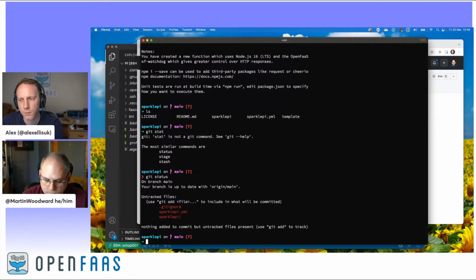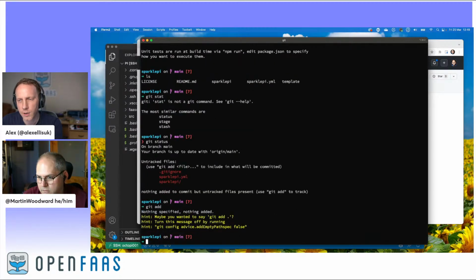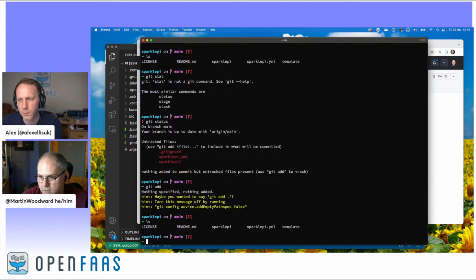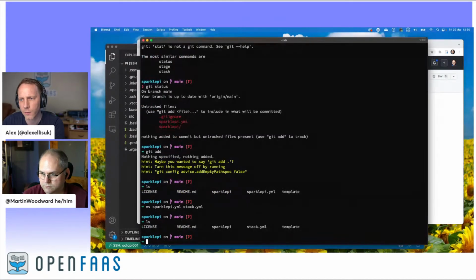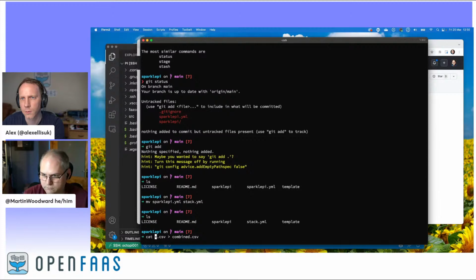So if I just do a git add on everything, let's rename the sparklepy.yaml to stack.yaml. The reason is it would just be less for us to change. It's a bit like how makefiles, if they have a non-default name, you've got to specify them, or Dockerfile if you change it. Now, if you cat out that SparklePy file,